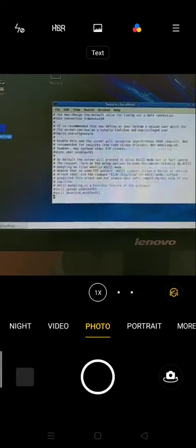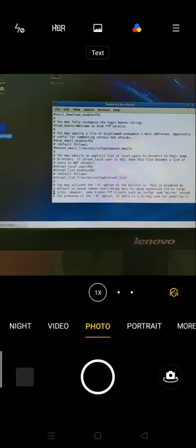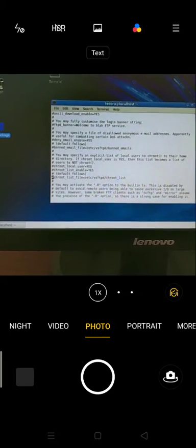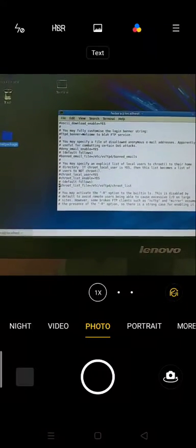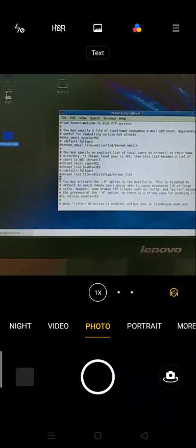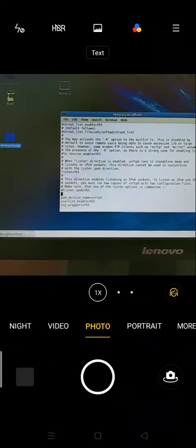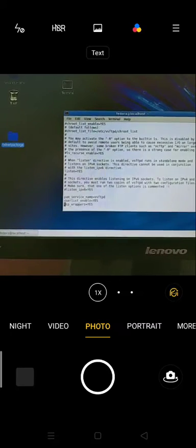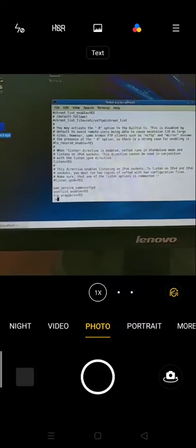We can also specify the users who have permission to access FTP, like in the chroot file, chroot list. See, this is the list containing the users who have permission to use FTP. If you want to set that, just uncomment chroot and give the list of usernames in the chroot list. Like all these things we have to enable: service name, userlist enable, TCP wrappers, etc. Now let's save and exit the file.